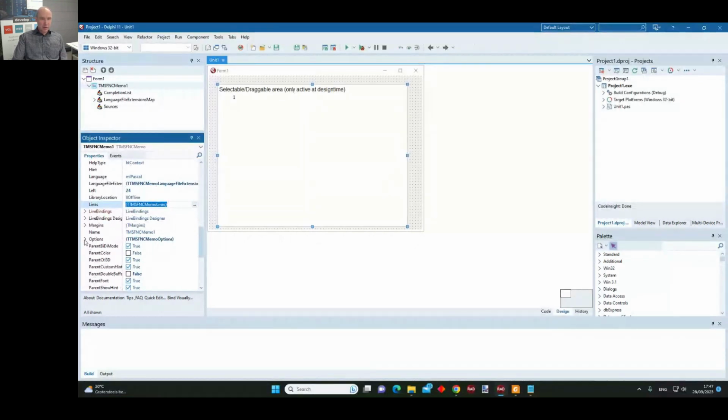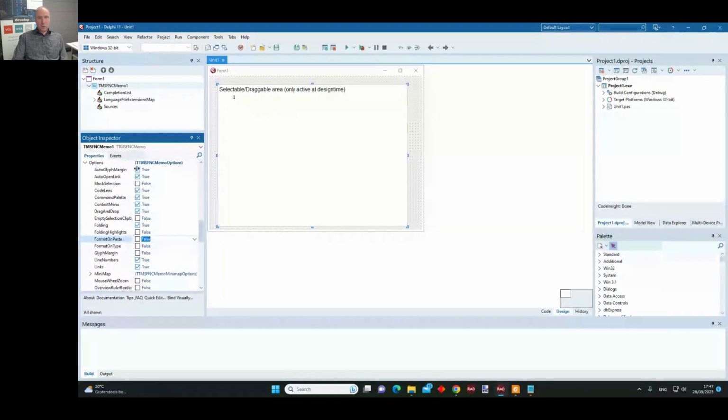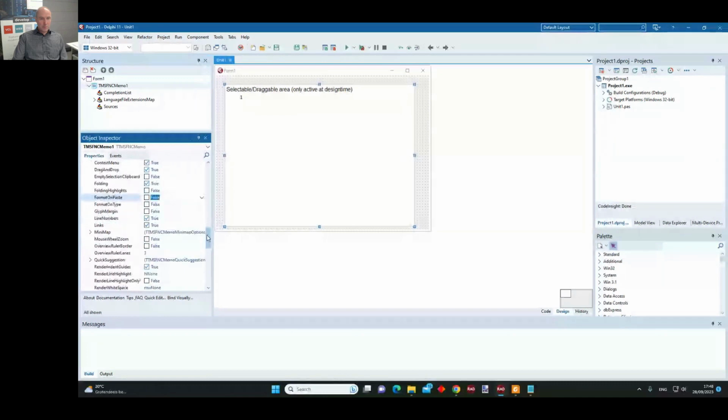It comes with numerous options. I give you a brief overview here. So this is a short overview of all the options that you have, but we will have a look at it in detail.